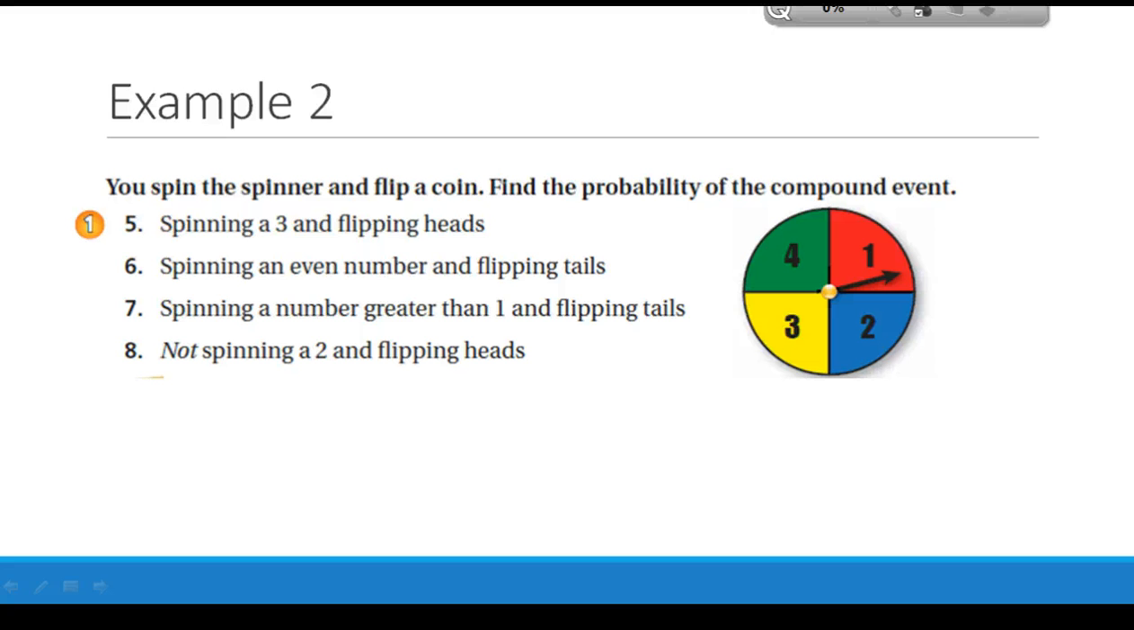Okay, so number 5, we're going to spin the spinner and flip a coin. So I think for this one,